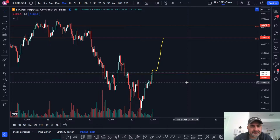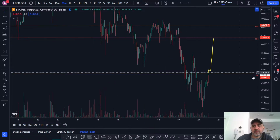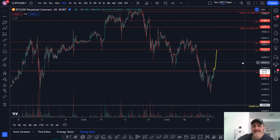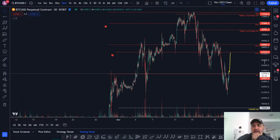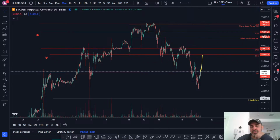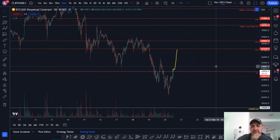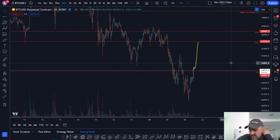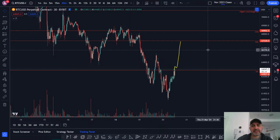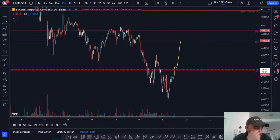Again, people need to trade according to their own risk appetite and their own idea of trading. I'm not telling people this is the way to trade, I'm just sharing the way I'm trading and my ideas. I'm not right, I'm not wrong, and no one is right or wrong. Everyone is, it's all subjective. It's really interesting because yesterday I deleted the comment, but someone on my